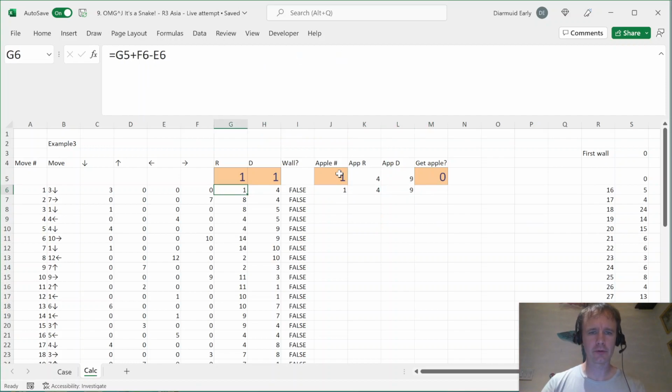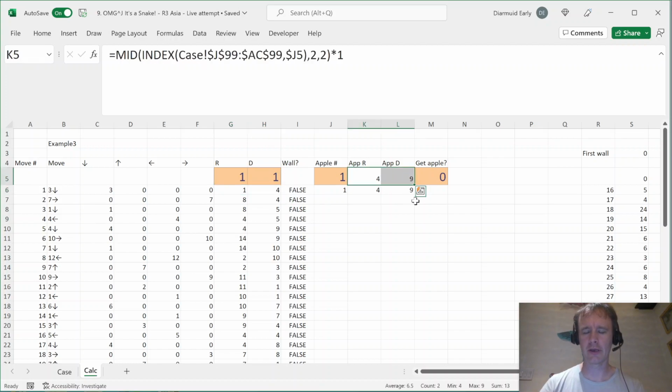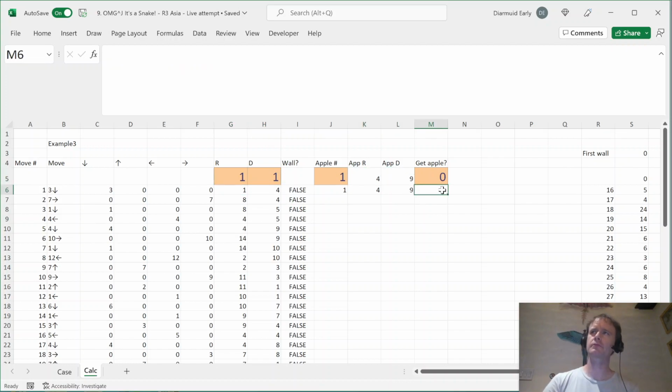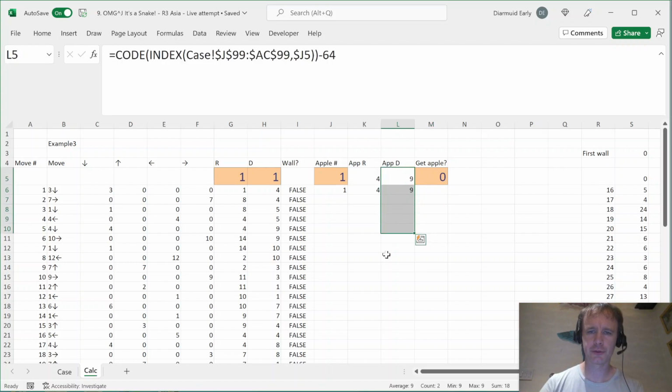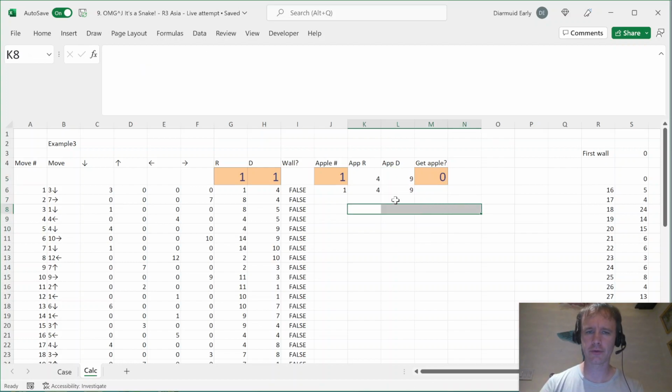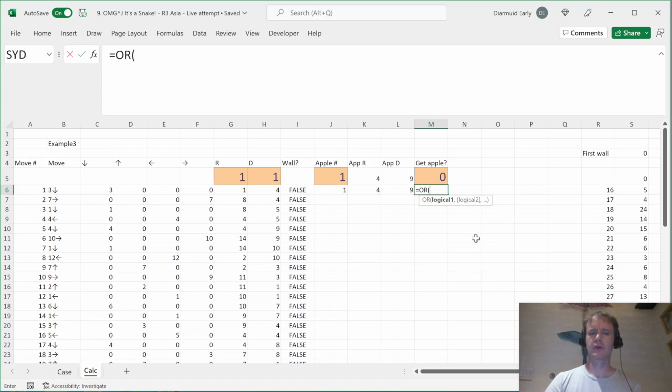Now, does the move from 1 1 to 1 4 take in the cell 4 9? I guess there are two ways it can do that, which kind of overlap. In other words, it can come down to it or through it, or it can come across to it or through it. So we'll just say equals OR. So I either need it to be in the same,